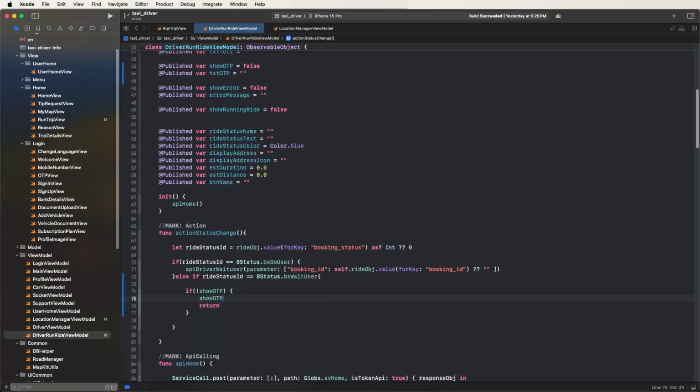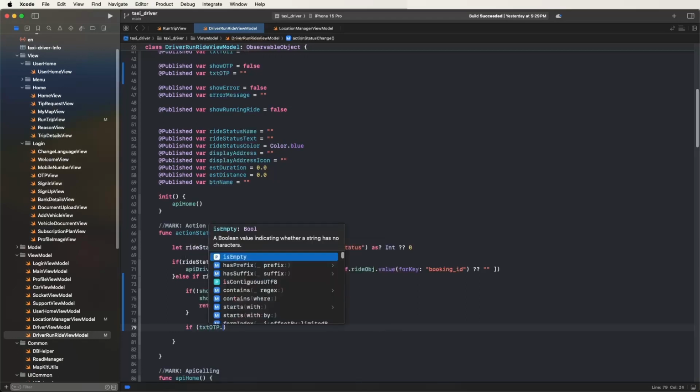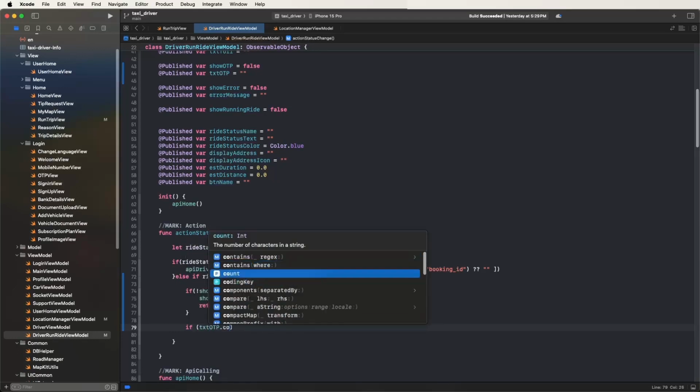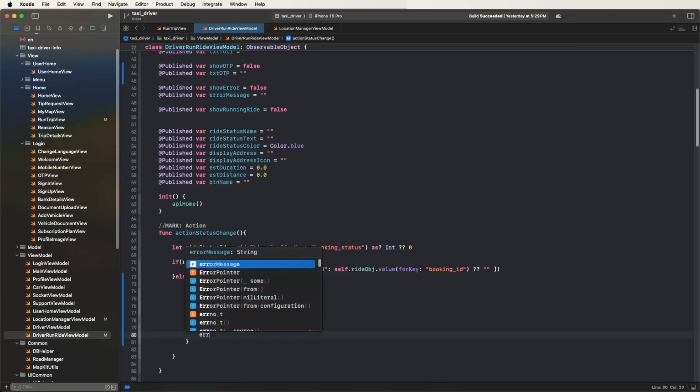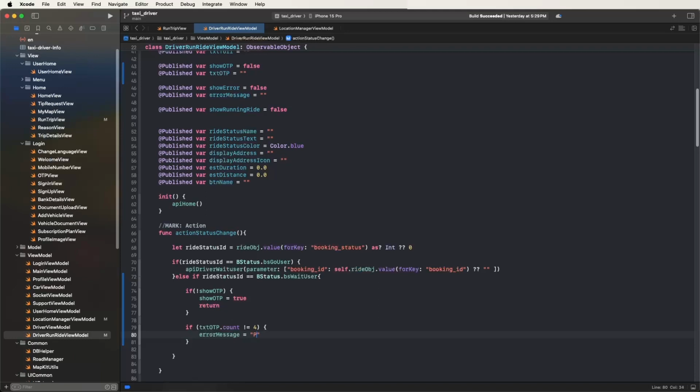Show OTP and write down true and return these functions. And then after we need to check whether the OTP is valid or not. After opening this here, we need to write down the if conditions. If txt OTP count not equal to or, then show here the error message, please enter